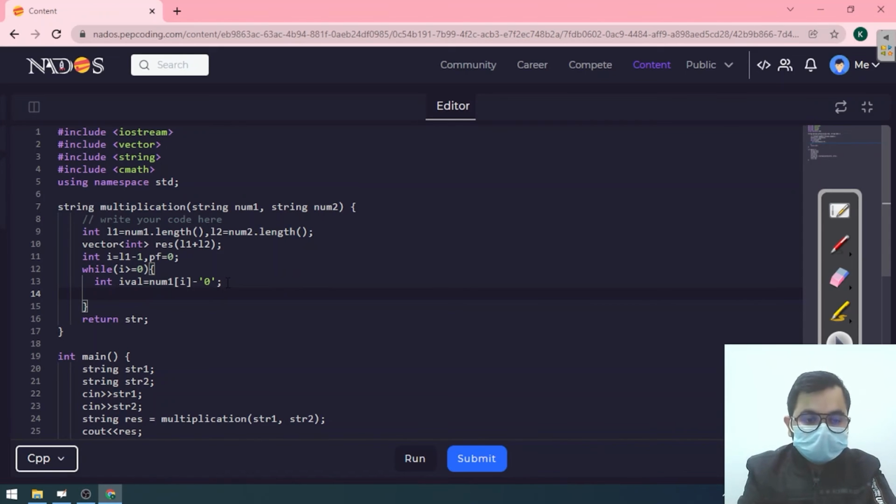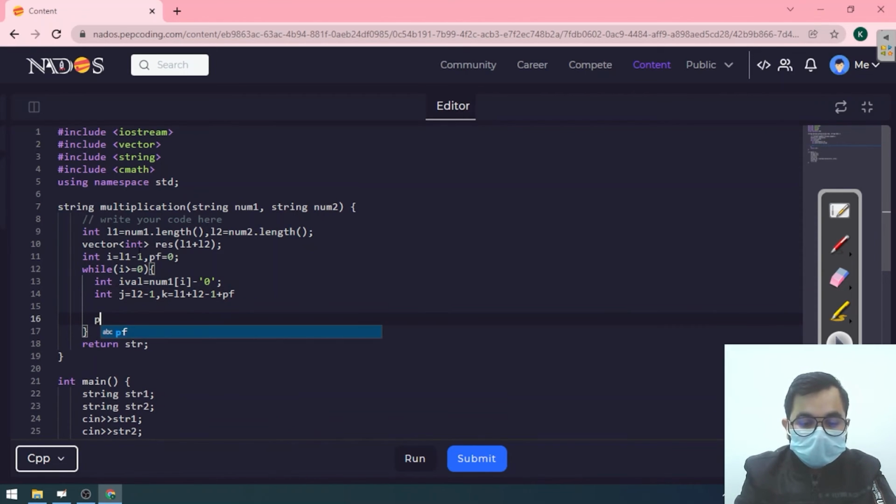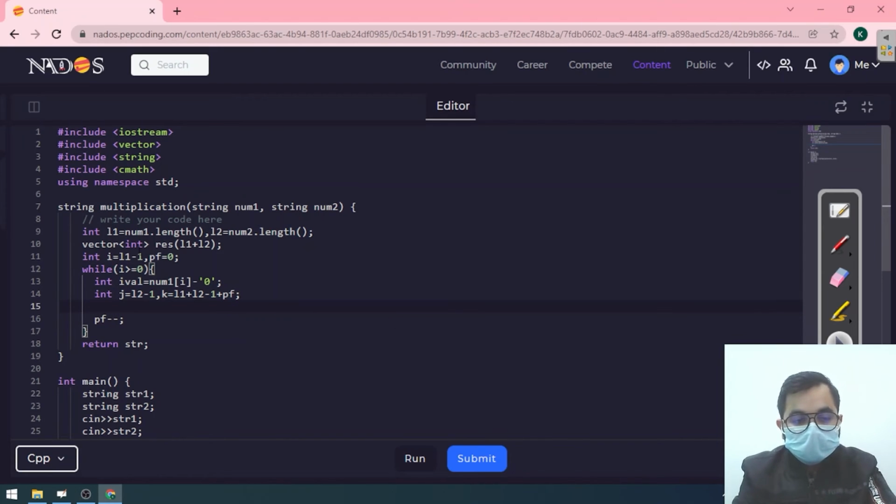Okay, now I will need j, which is similar to this, l2 minus 1, and I will also need k, which will start from l1 plus l2 minus 1 plus my power factor, which will always decrease. Okay, let's minus this. While j is greater than or equal to 0, at this place I will also do this: